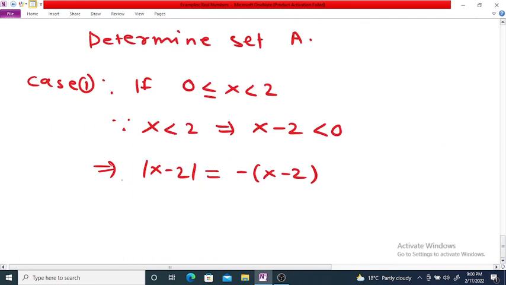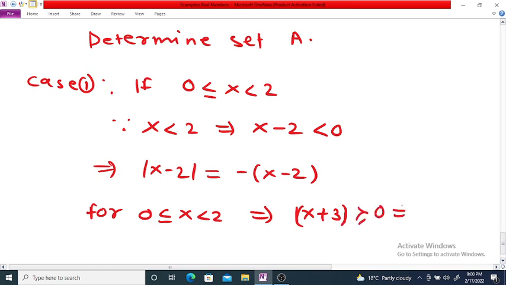And now for 0 ≤ x < 2, x + 3 is always greater than or equal to 0, and therefore |x + 3| equals